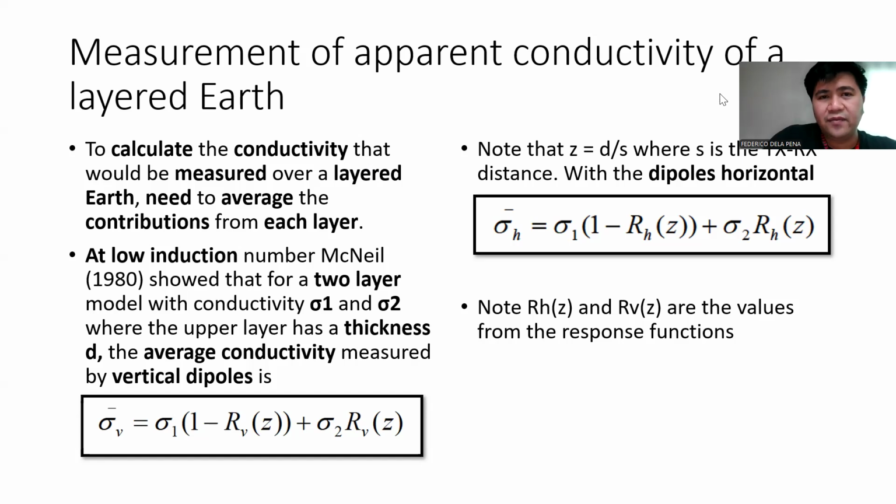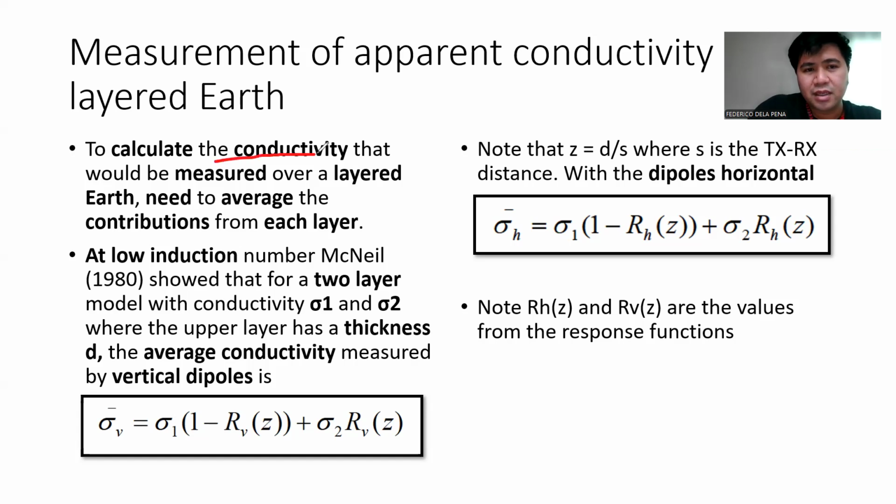Right? Again, for EM, what we are measuring is the conductivity or maybe the resistivity of the subsurface. And these are all apparent conductivities. No? For every survey you do, you're simply measuring one quantity. You're simply measuring the average conductivity or the apparent conductivity of the subsurface. Okay.